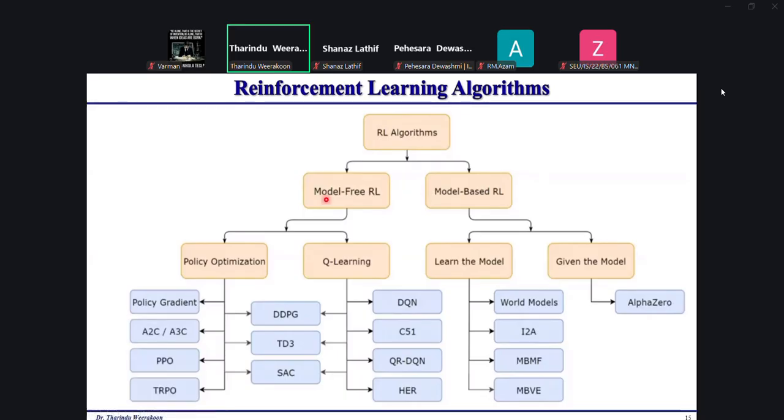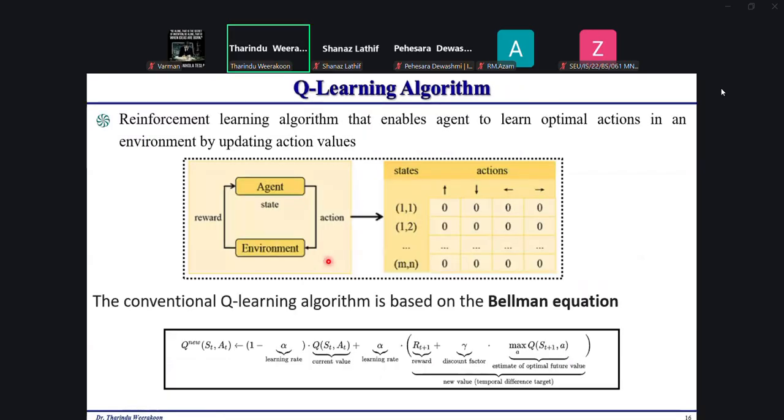Under model-free reinforcement learning, we can again see two main categories: policy optimization algorithms and Q-learning algorithms. From them I have selected three for our studies. The first one is the Q-learning algorithm, which is a very famous and familiar algorithm for those dealing with reinforcement learning in robotics.